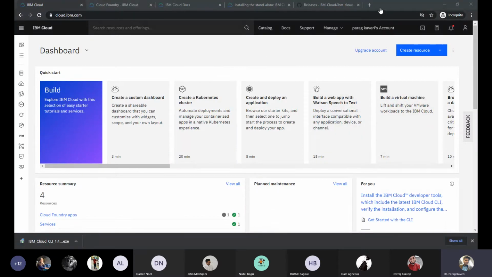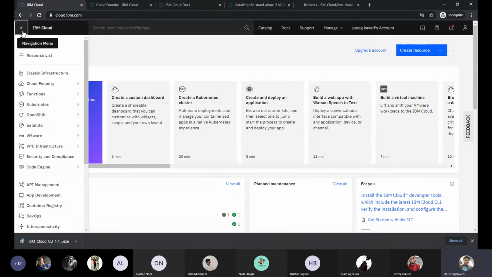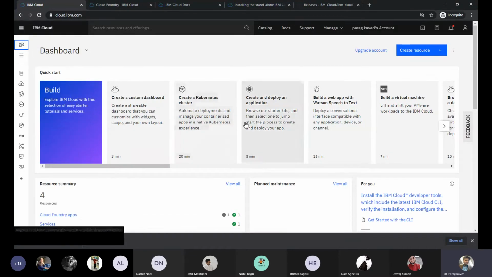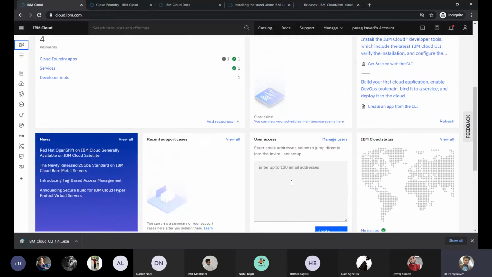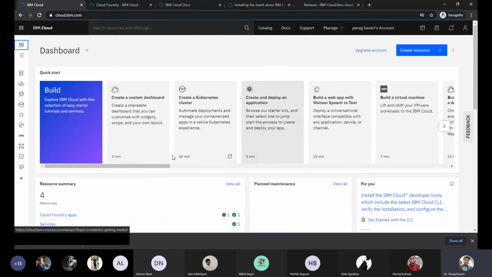Okay. So what you have to do, you have to go to this hamburger icon. These three-four lines you will see, the hamburger icon. Okay. And you have to click on dashboard. So once you click on the dashboard, your dashboard will open. You can check what features your dashboard is carrying.